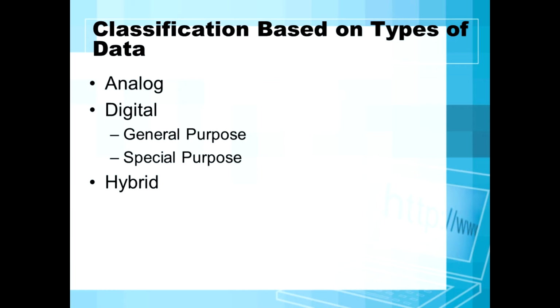Next one is the digital computer. Digital computer means what we are using, right? That is the digital computer. A digital computer represents data as a physical quantity with the help of digits or numbers. They use binary digits 0 and 1. Means digital computers only use 0 and 1.